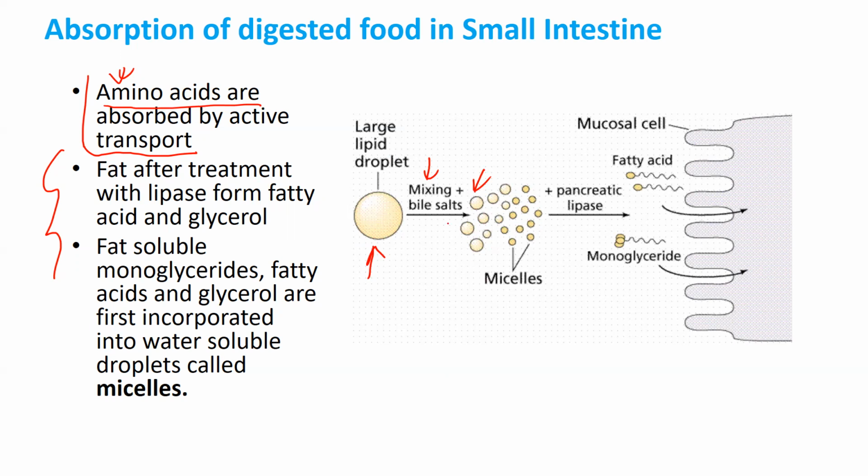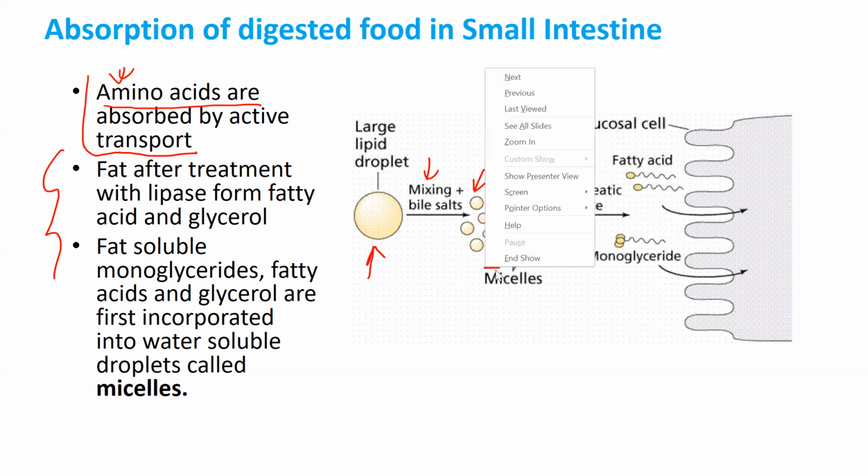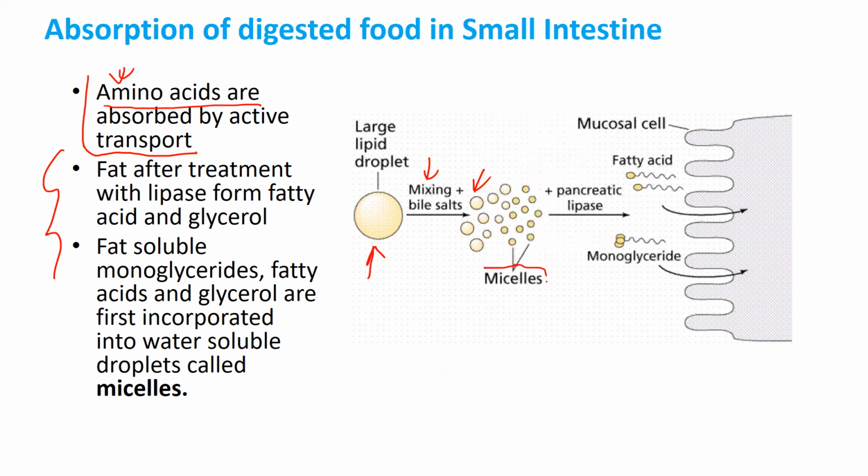And once it is broken, the emulsified material is actually called micelles, right? Right now you can see in the diagram, okay? Now in this micelles, what will happen? Pancreatic lipase will act, okay? And lipase will form two things, fatty acid and glycerol. So this is the fatty acids and this is the glycerol, okay? Now fatty acids and glycerol will directly enter into the villi, intestinal villi, as you can see in the diagram,